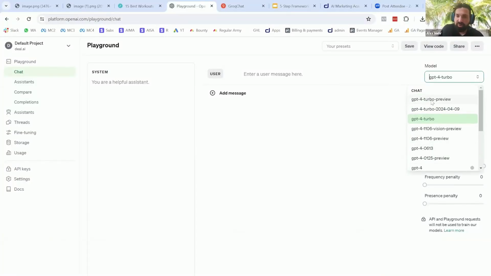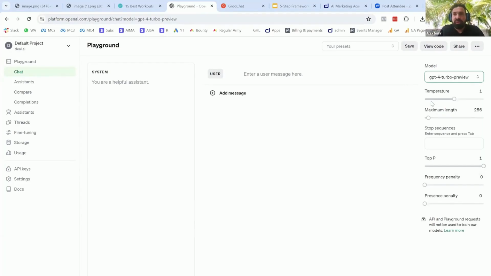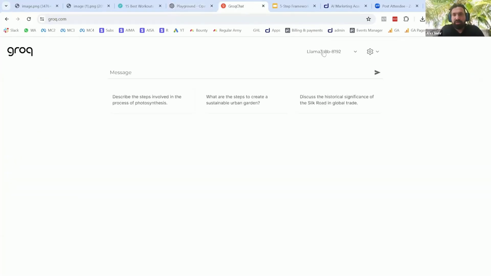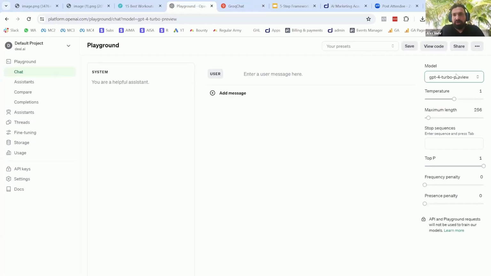ChatGPT 4 Turbo is the latest and greatest and also the most expensive. Okay. Cost is a consideration. And Grok also has a bunch of models, Llama 3 by Facebook, and Mixtral, which is super fast and cheap, and Llama 3 is also open source. So I pick Mixtral on this one, and I pick ChatGPT 4 Turbo, like a high-end model, and then a